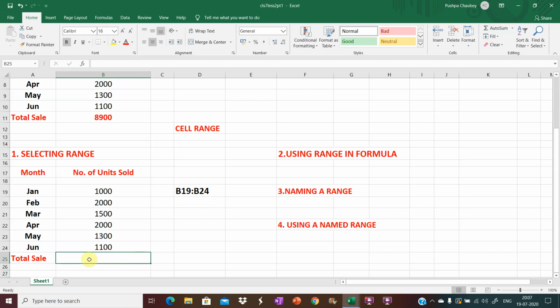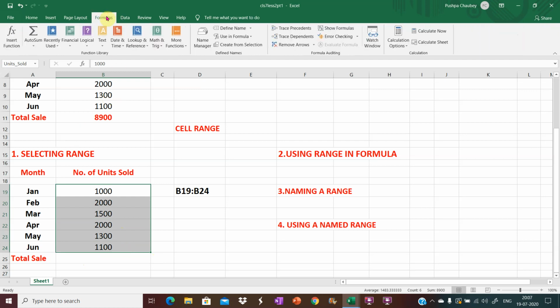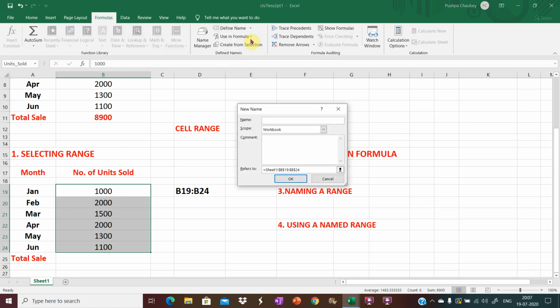Select the range of cells that you want to name. Range is selected here. On the Formulas tab, in the Define Names group, click on Define Name. The New Name dialog box appears. In the Name field, enter the name that you want to specify for the range.